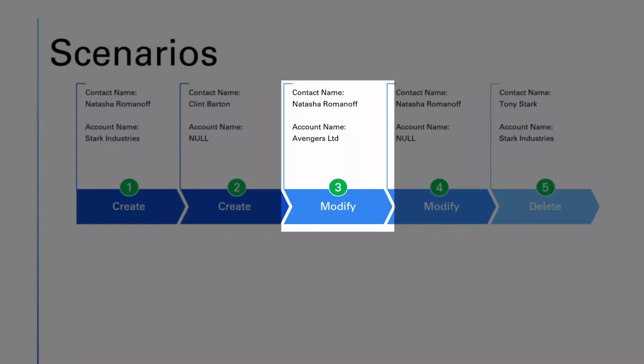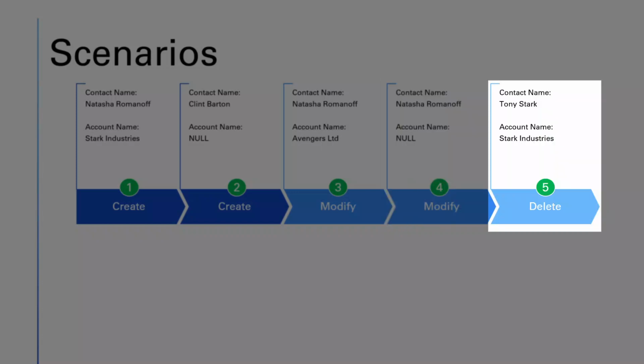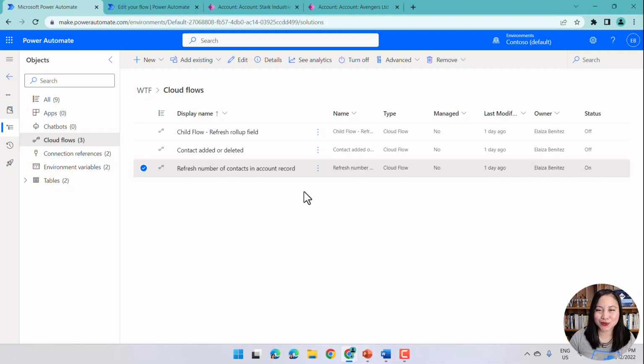Number 3, modify a contact by changing the account name lookup column from one account to another. Number 4, modify a contact by clearing the account name lookup column so that it is no longer related to an account. And finally, number 5, we're going to delete a contact so that it is no longer related to an account. Now let's head to the Power Automate Maker portal and I can show you how you can automatically